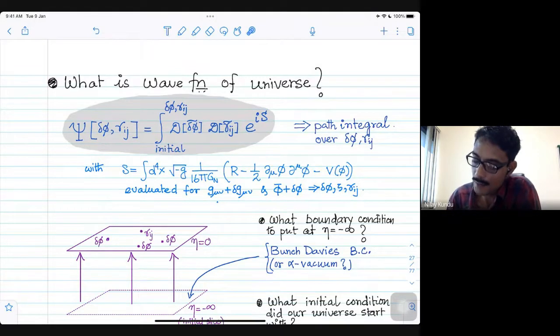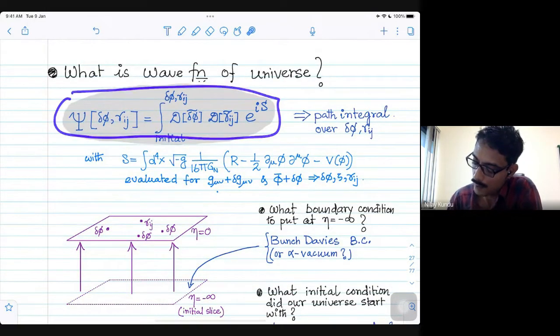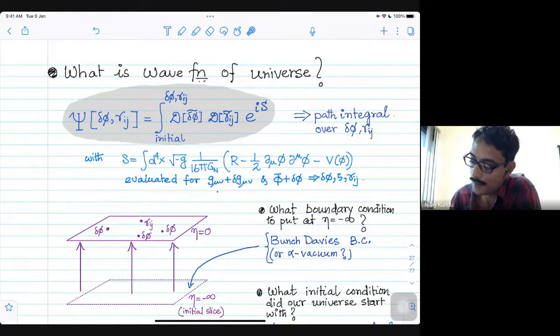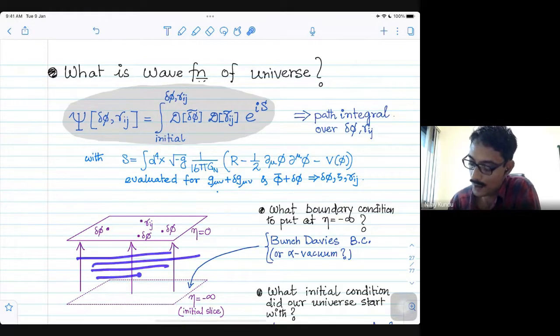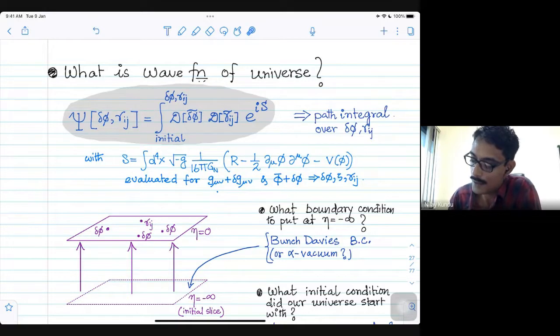This is basically a path integral over the bulk fields, delta phi tilde, gamma tilde and zeta also, which happen to be operating during inflation. In this path integral, the boundary conditions are important. At the initial point, which is the eta equals minus infinity slice, we should put some boundary condition, and at the late time slice, these bulk fields have some boundary values. I'm denoting these delta phi, zeta, gamma ij. All of them happen to be the boundary values of the fields on which I'm doing the path integral,